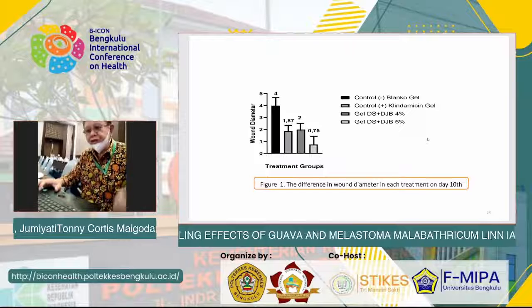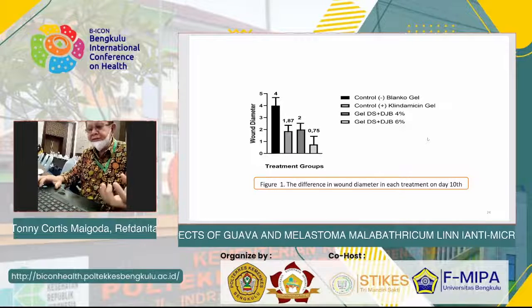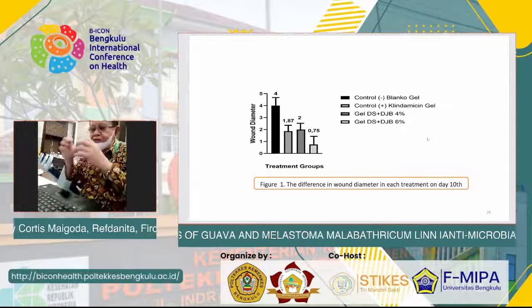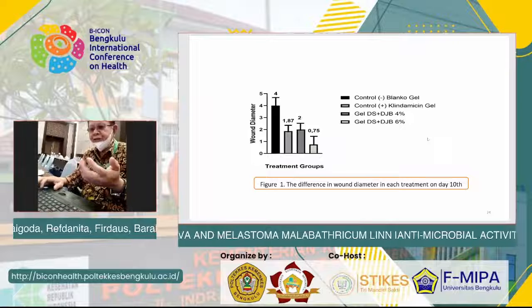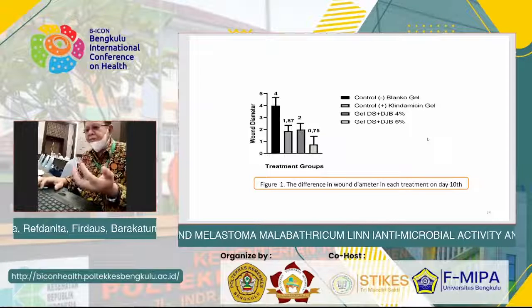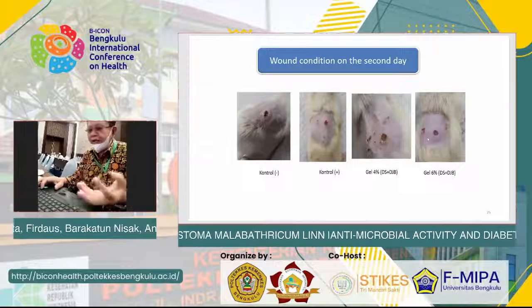This is the wound condition at 2 days. This is the condition at 10 days. At a higher dose, there is a smaller wound diameter. We can see this directly from the picture. For the effect of the treatment on the number of bacterial colonies, we can see that there are 2